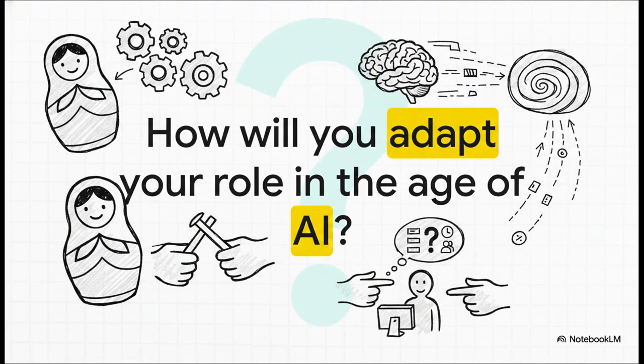Which brings us to our final question. Now that you understand the nested dolls of artificial intelligence, the mechanics inside the machine, the difference between supervised data and generative LLMs, the only question left is how you are going to adapt. You've got the vocabulary now, so how will you harness these tools to augment your own future? Think about the mundane tasks you do every single day and ask yourself, which ones can you hand over to the machine so you can focus on being